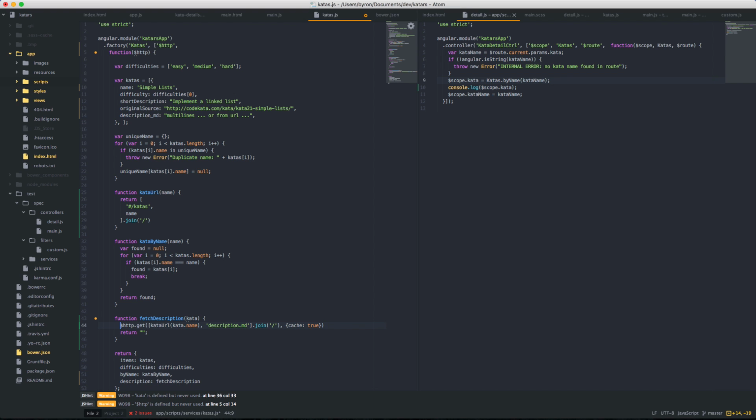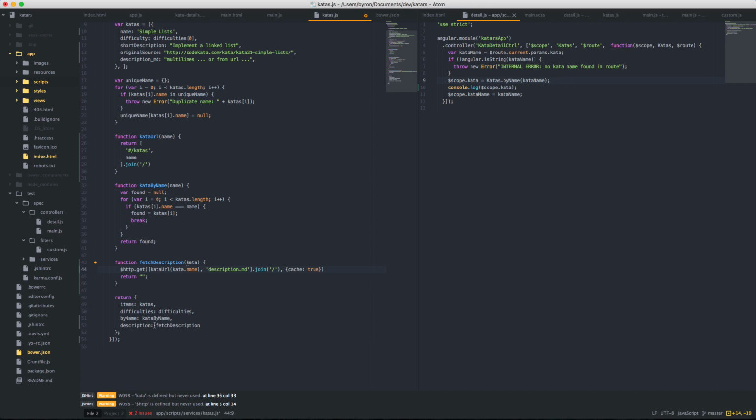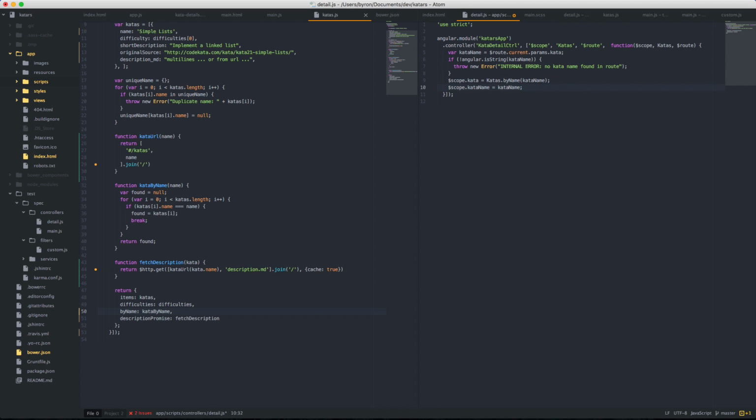And yeah, description, async, how do I want to call this? Description promise. I want to call it that, because then people can do what they want. We want to fetch description MD all the time, and that's it. So now I can